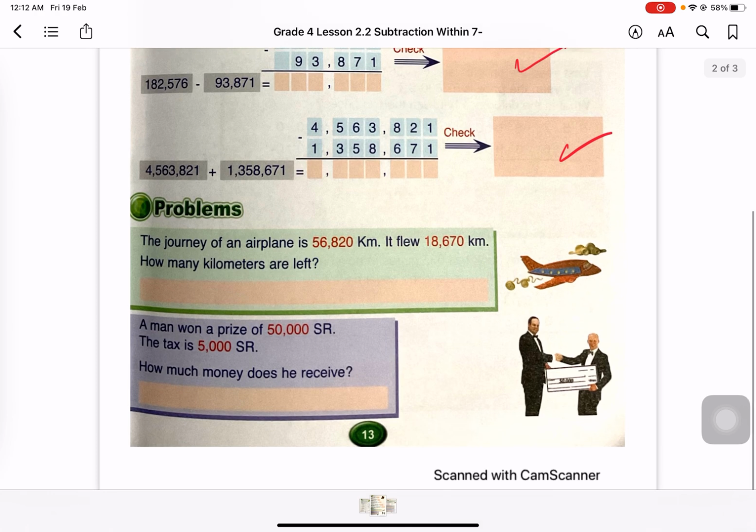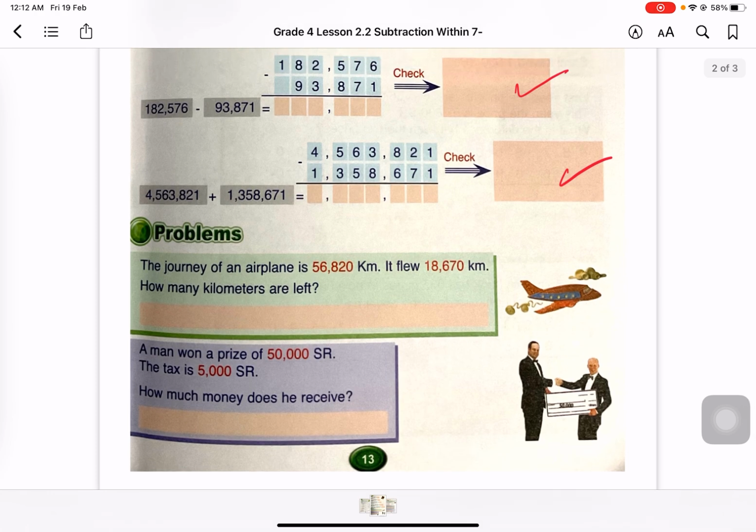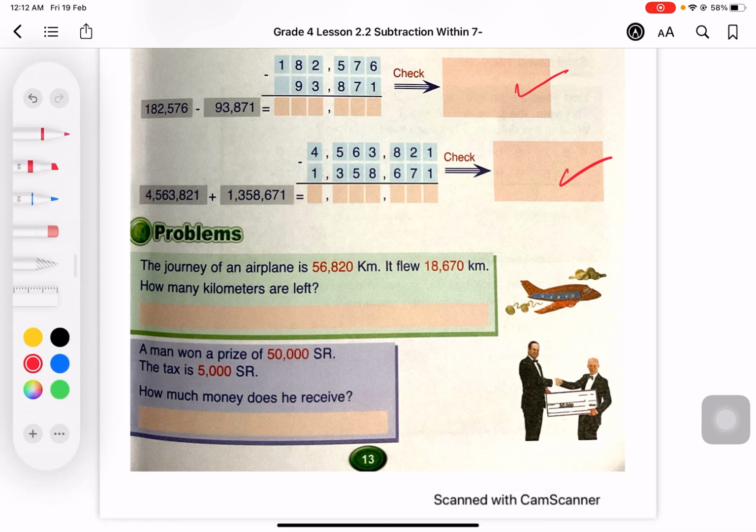In this question they said the journey of an aeroplane is 56,820 kilometer. It flew 18,670 kilometer. How many kilometer are left? So the plane should fly for this amount, but she didn't do all. She did part of it, some of it. She did 18,670. To know how much is left, you are going to do what? We are going to subtract. So you will start with the big number. Don't forget the big number, 56,820 minus